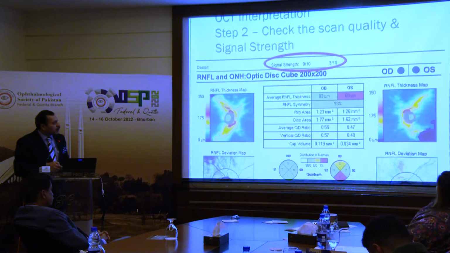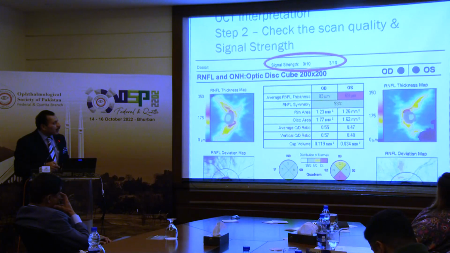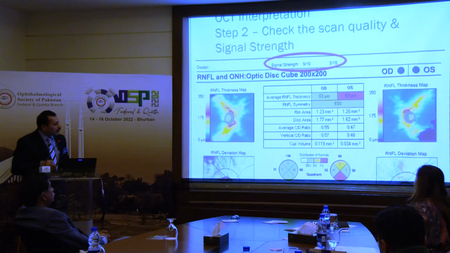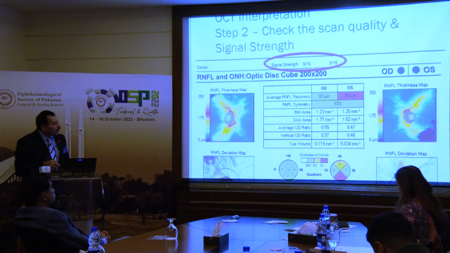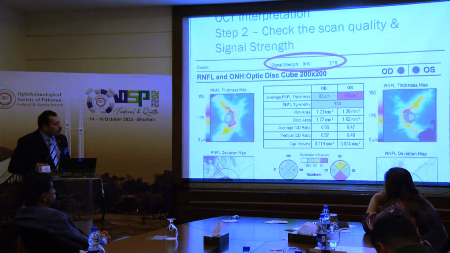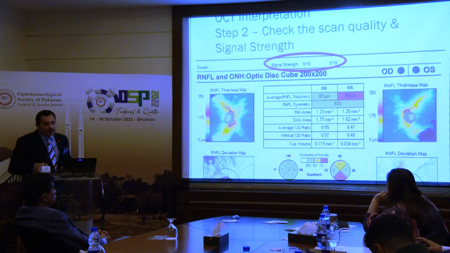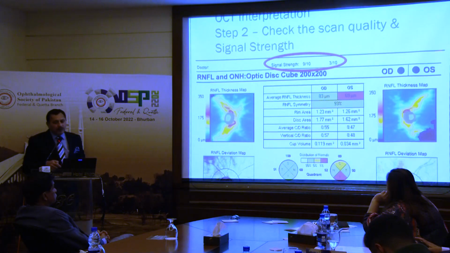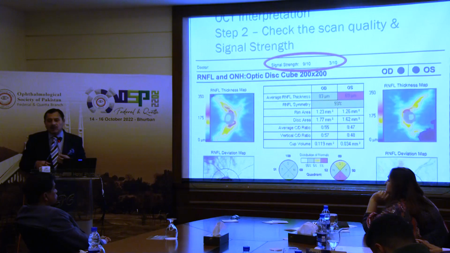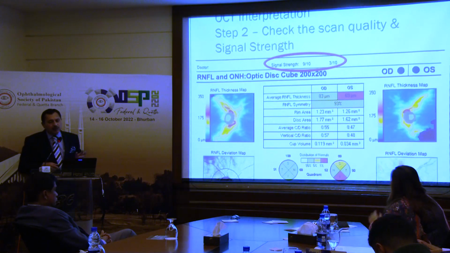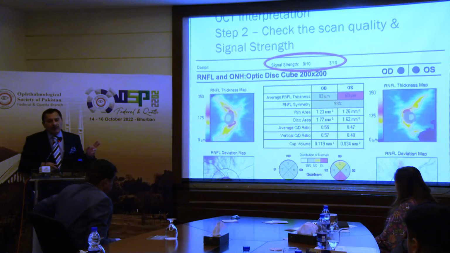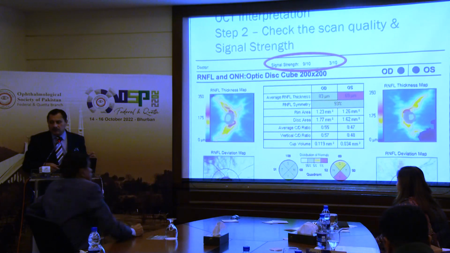ये देखें, ये भी रिपोर्ट के ऊपर लिखी हुई है, ये राइट आई है, ये जो राइट साइड पे है ये राइट है सारा डाटा, और ये लेफ़्ट है। राइट की सिग्नल स्ट्रेंथ है 9/10 और लेफ़्ट की है 3/10, और आप साथ देख रहे हैं कि जो 9/10 है वो टोटली ग्रीन है, और जो 3/10 है उसमें डिफेक्ट्स आए हैं। अब ये डिफेक्ट्स, ये 3/10 क्यों आए, इसकी कोई ना कोई रीज़न उस पेशेंट की आंख में होनी चाहिए। अगर वो रीज़न मिल गई है तो ठीक है, अगर नहीं मिली तो इसका मतलब है कि आपकी ये रिपोर्ट एटलीस्ट फॉर लेफ़्ट आई रिलायबल नहीं है, ठीक है।